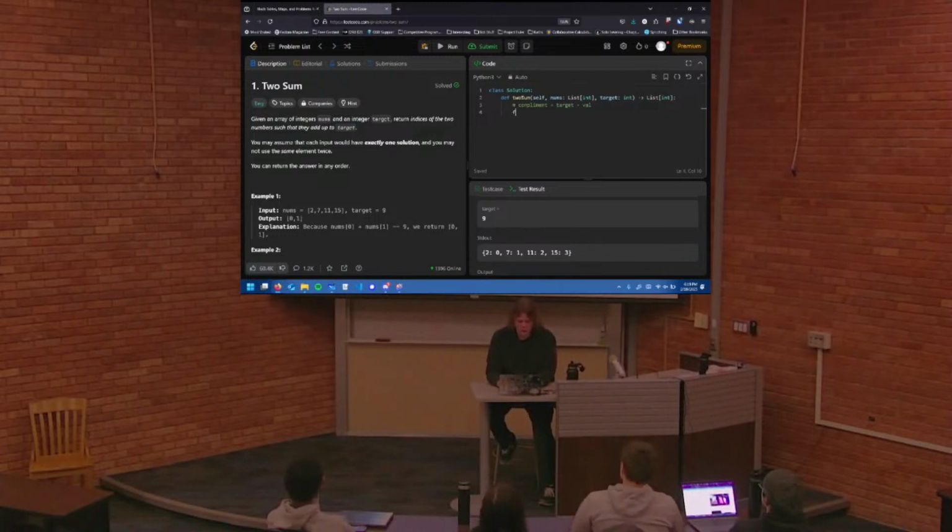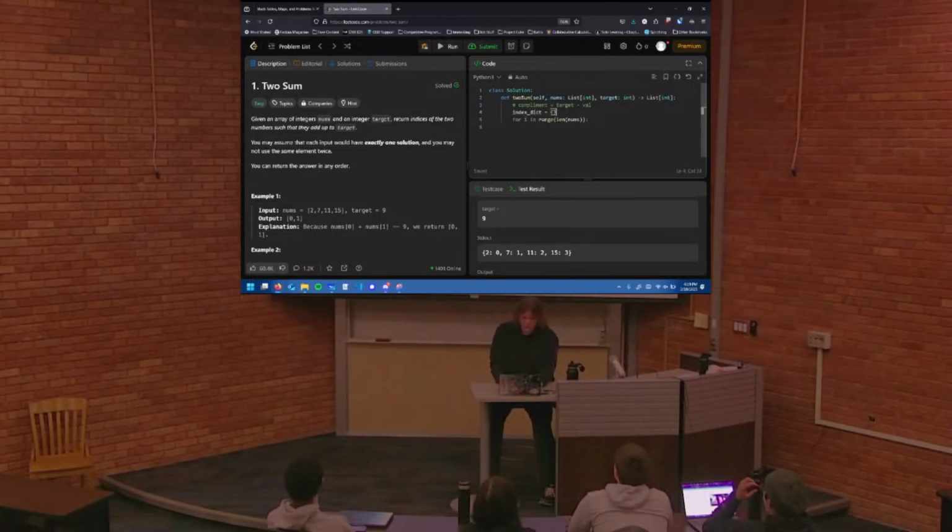So again, looping through all of the numbers, I can set the current index to be associated with the value of the current number, and